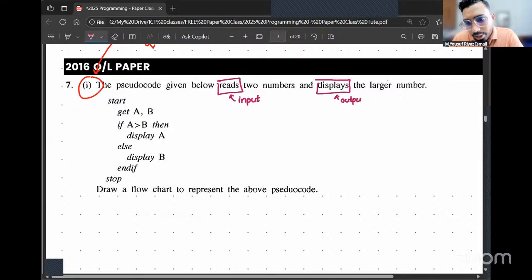Now, when you're drawing flowcharts, the main difference between pseudocode and flowchart is that in a flowchart we use certain shapes for different purposes. So one thing you have to be familiar with is which shape has to be used for what purpose. For example, in this program there are instructions like start and stop, or else begin and end. For start and stop, or begin and end, what is the shape you have to use? What do you call that shape?